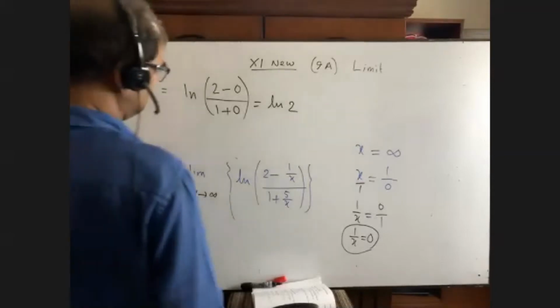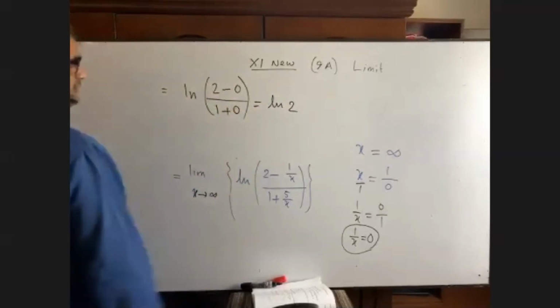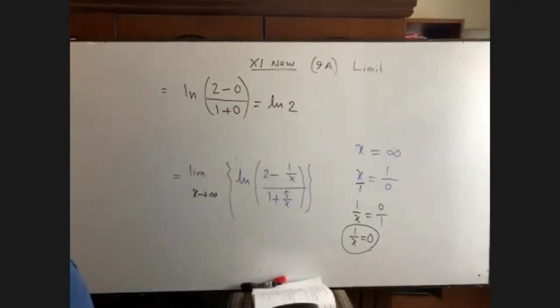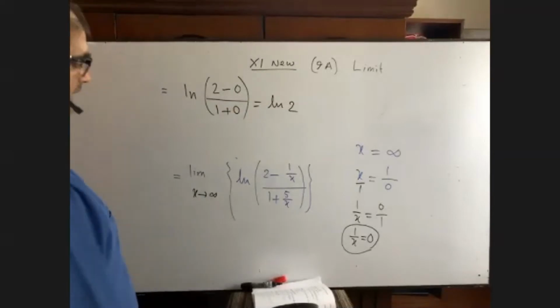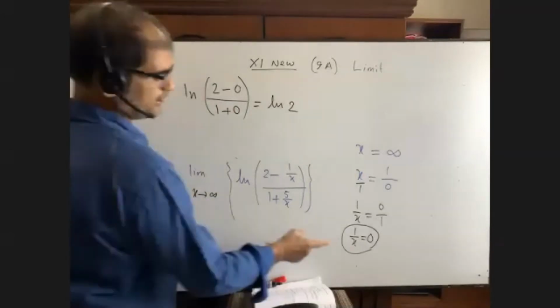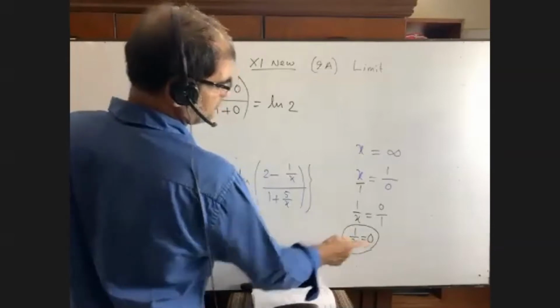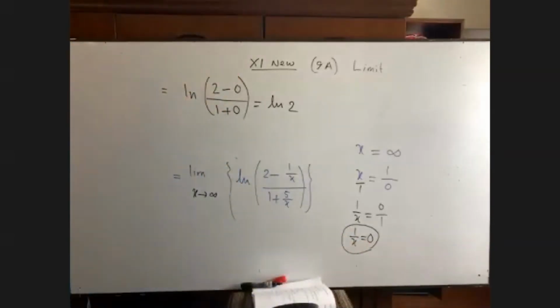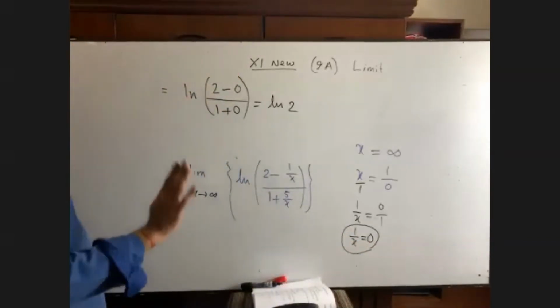Is it 2 by 1, means? Yes. Sir, in the last line, you didn't write limit first and then x tends to infinity. Yes, sir, here you wrote x infinity, right? But if x is infinity, then what is meant by this? That 1 by x equals to 0? Yes sir. Okay, we could write here, just another format.